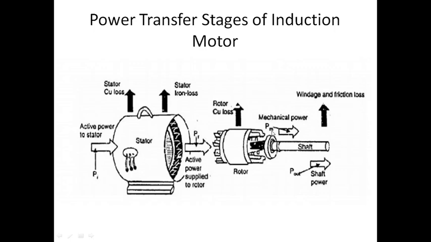Then PM is nothing but your gross mechanical power available. How much power I'm going to get in total from this rotor is known as my PM. It is nothing but my mechanical power. This is the shaft where I'm going to take my mechanical output. So this is a useful power. The bearing is also crossed. Again, frictional loss will be there and mechanical loss will be there. Again, windage and friction loss will be there.